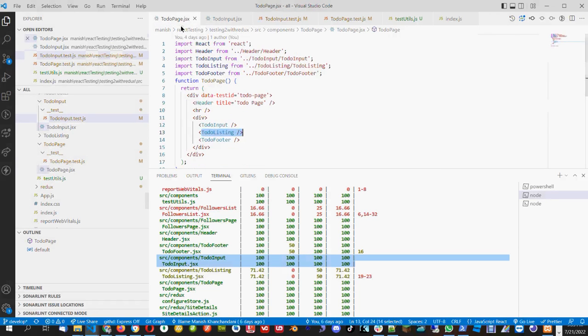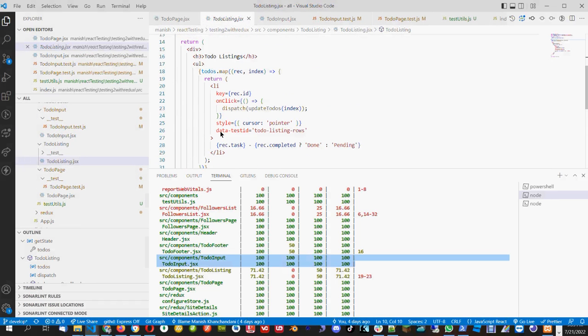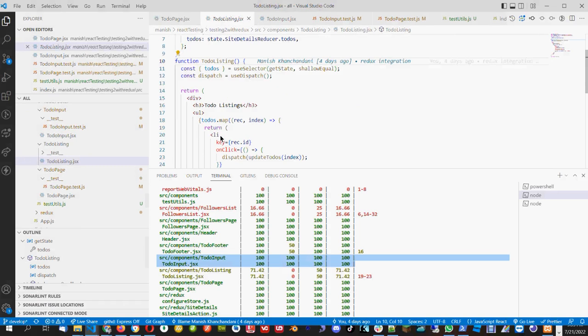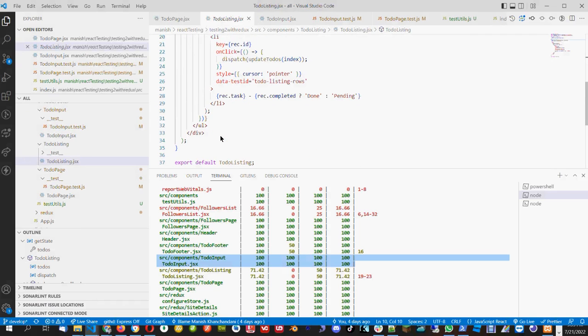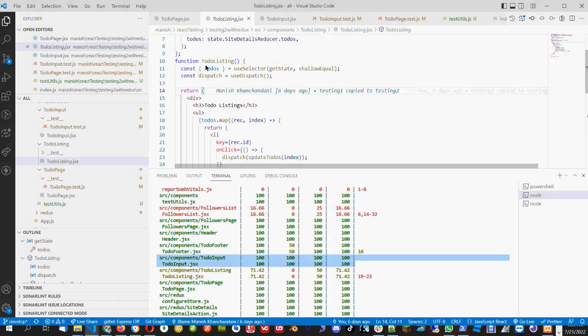Let's check this one now, the to-do listing page. Okay, let's see how we will test it here. So this to-do listing will